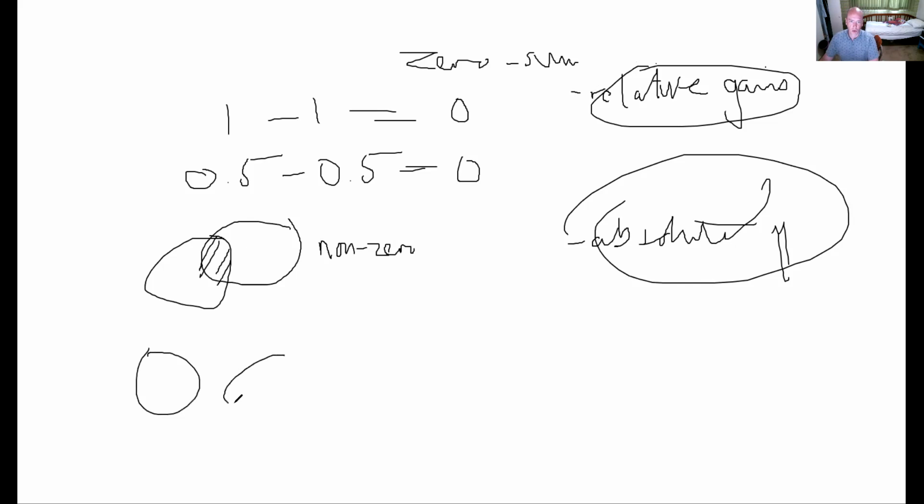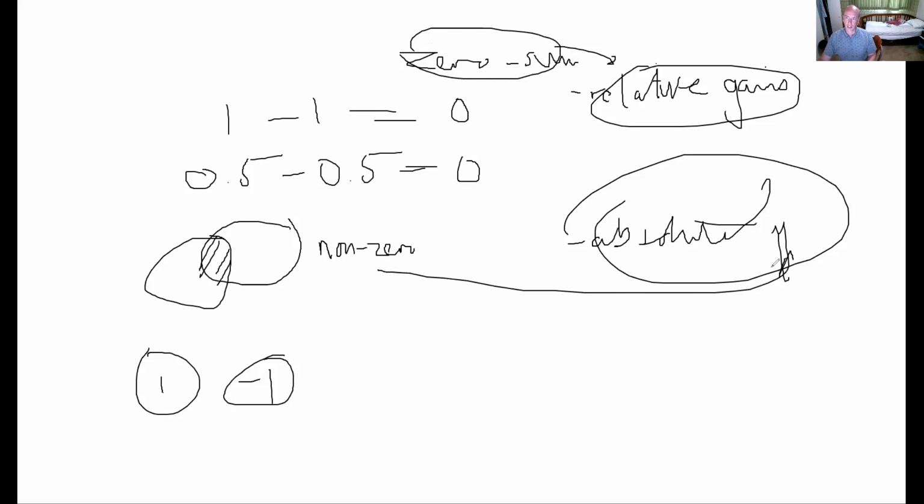For zero sum, you might draw a Venn diagram where the outcome for me is either a +1 or a -1. Either I've gained and you've lost, or you've gained and I've lost. Every gain for you is a loss for me, and every gain for me is a loss for you. That's zero-sum games, which is connected with relative gains. And non-zero sum is often connected with absolute gains. This is zero sum as well. All right, so that's the basic idea of it.